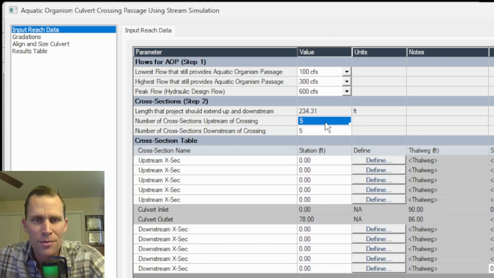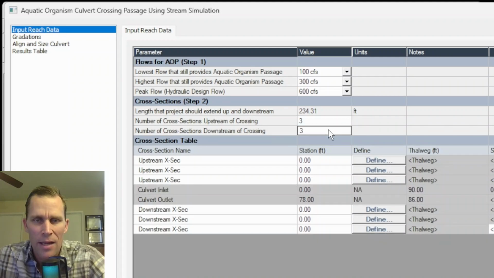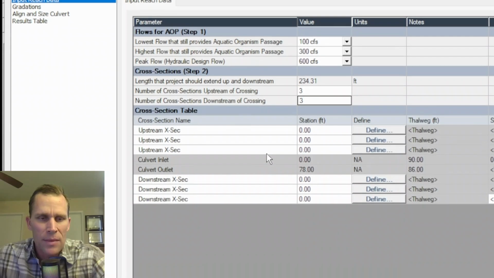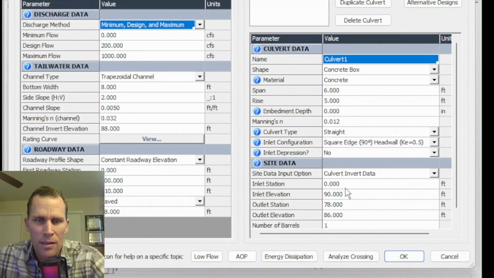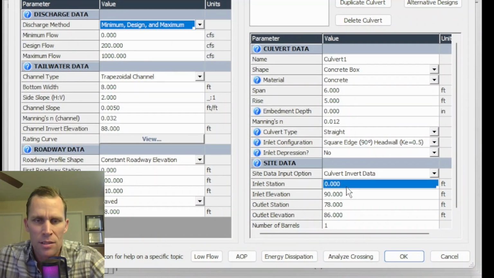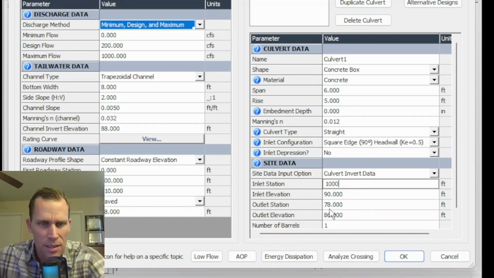So I'm going to keep it simple. Just go with 3 upstream and 3 downstream. And now I get to fill out my cross section data down here. Now I'm going to go back to, first of all, save to file, and then back to the input data. Currently, my culvert stationing starts at 0. This is the upstream end of the culvert. But now that I'm going to have stationing associated with cross sections upstream of the culvert, I'm going to change this inlet stationing to just be 1000. And then that means the downstream station